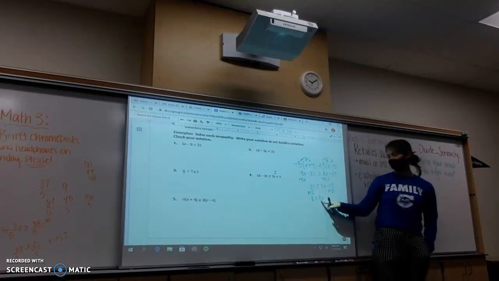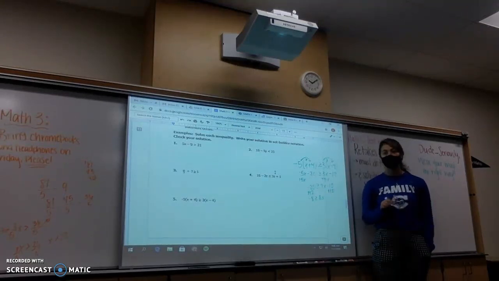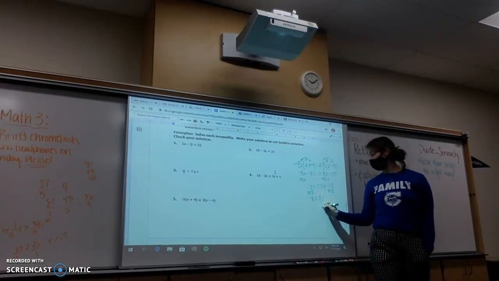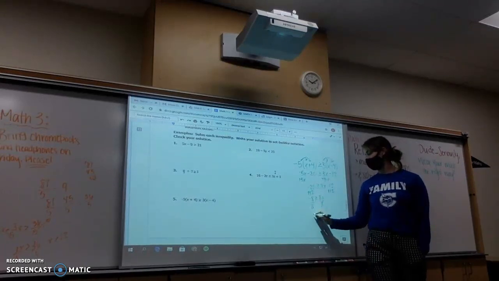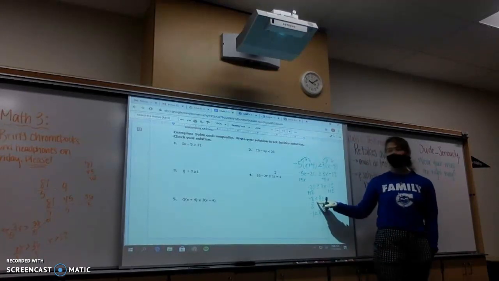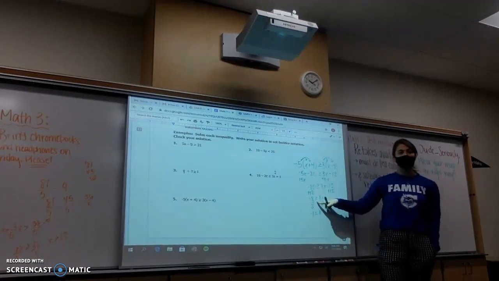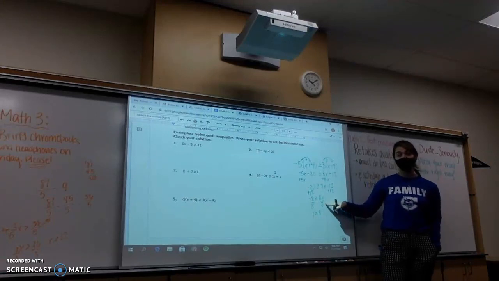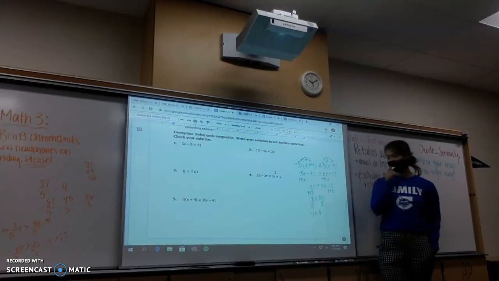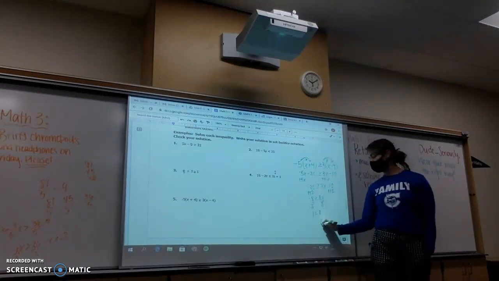Zach, how do I get this x by itself? Divide by 8, and I get negative 1 is greater than or equal to x. Did I flip my sign? Why not? This is a positive 8. Okay? This is also read as x is less